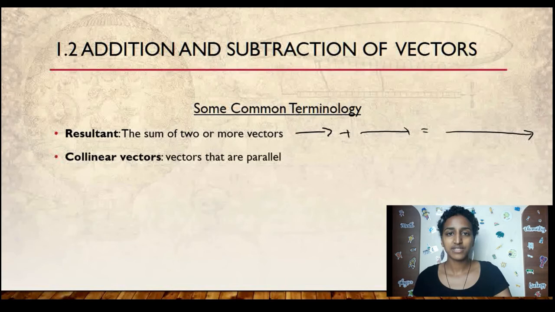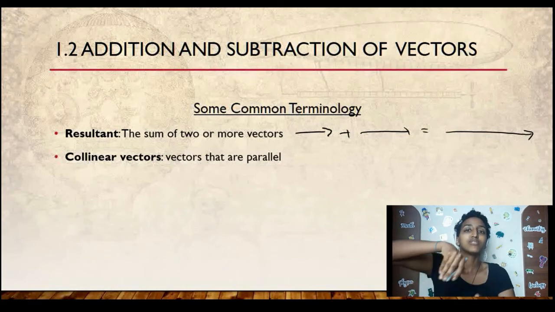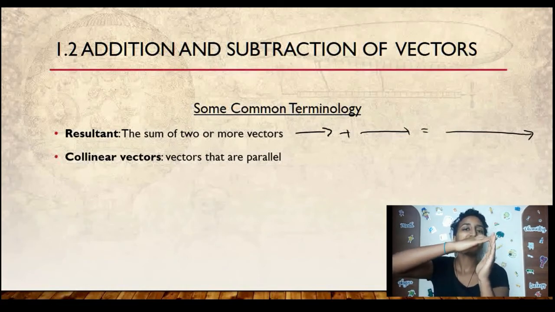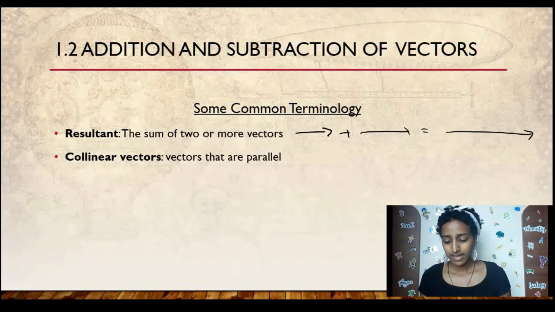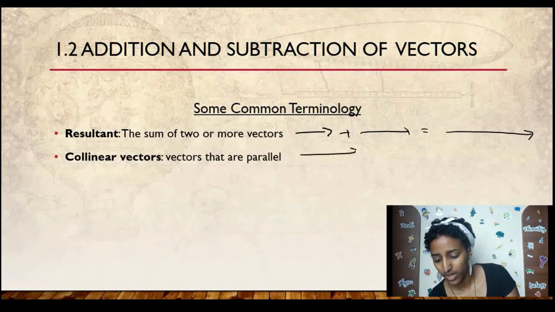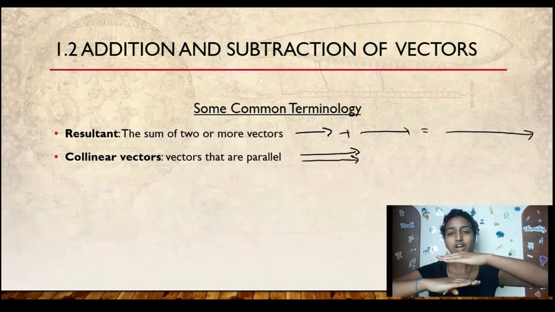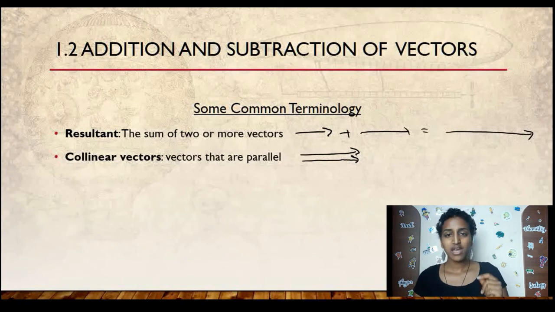Collinear is just a fancy way of saying parallel vectors, and parallel is just a way of saying that these two vectors are 180 degrees from each other, okay? Which means that if you continuously draw the lines, these two vectors will never cross each other, okay? Now if I were to draw this, I'll attempt to draw them. Parallel vectors, let's say like so. We have one vector here, we have another vector here. I'm trying to draw it so that these two vectors appear to never cross each other or to be 180 degrees from each other. Next we have negative vectors.